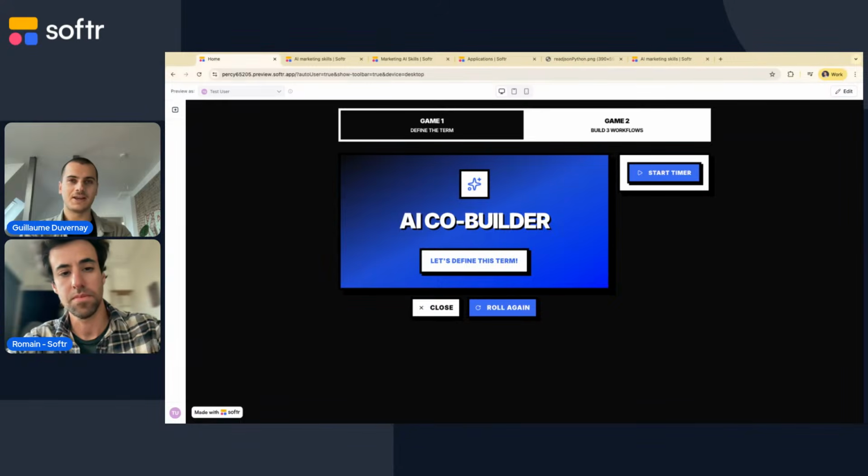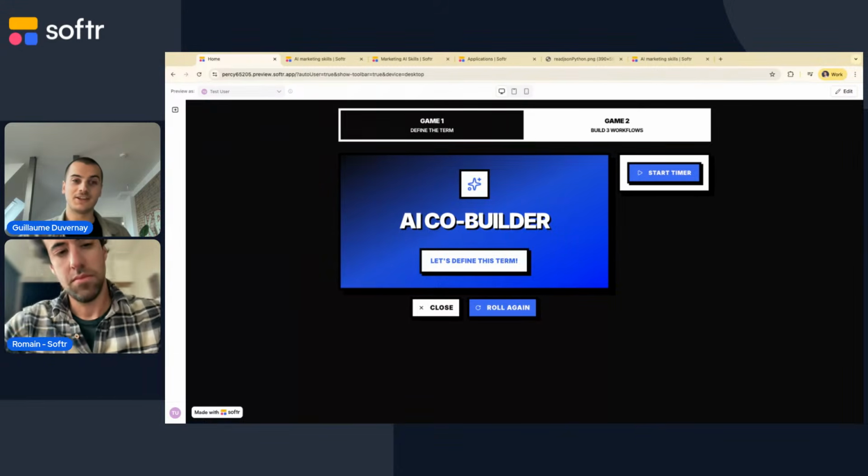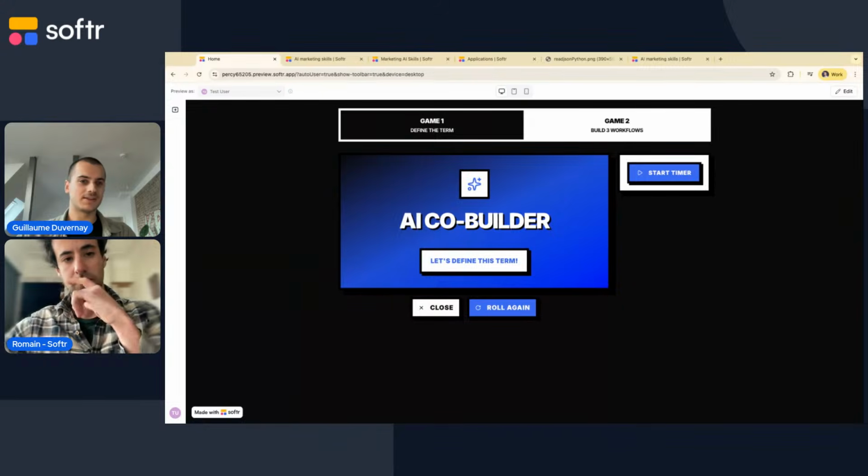The wow effect I had is that I created my own workflow that was sending a Slack notification to my team whenever a new form was submitted. I asked the co-builder to write a better Slack notification, and it replaced the text I had in this Slack notification with a better one. I was too lazy to write it all, and it just replaced what I already had there, which was really cool. The best way to use it is to save time by orchestrating all these actions: describe what you want to build, and it will give you a first version that you can then iterate on pretty easily.